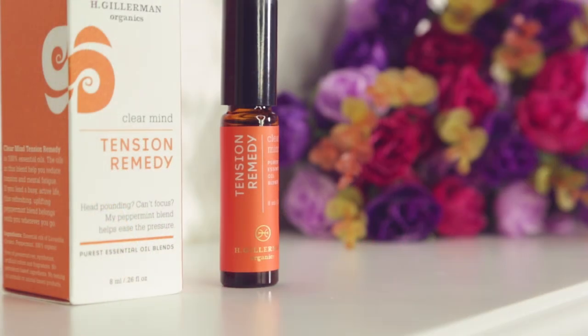So sometimes I have trouble sleeping, so I got this H. Gilliman Organics Clear Mind Remedy, tension remedy, and it's really good. Well, they say it's really good because it's got peppermint in it, and peppermint helps to ease any pressure that you have. And you guys know that I work in advertising, and sometimes